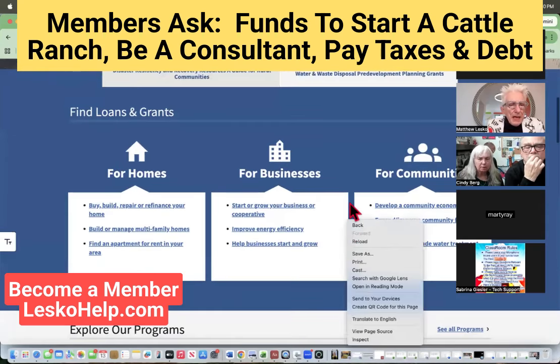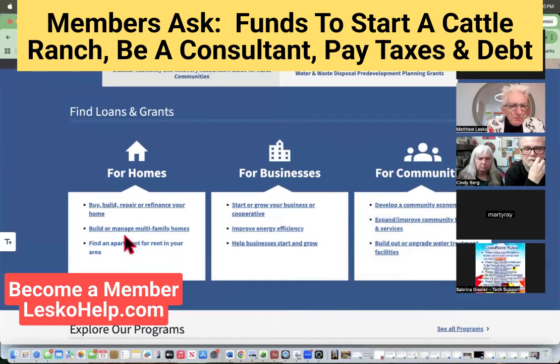Okay. Build, repair, and finance your home. Build mortgage, multifamily homes, find an apartment for a business, grow business. Now, this is RD, Rural Development, USDA, the U.S. Department of Agriculture. So that's their